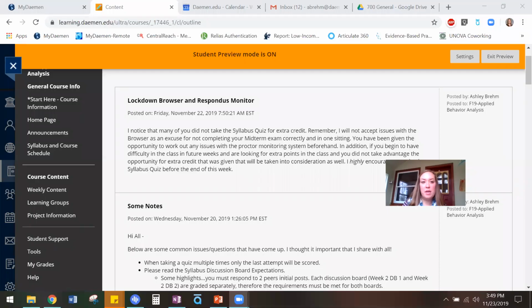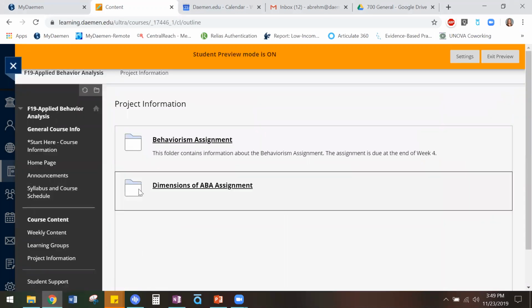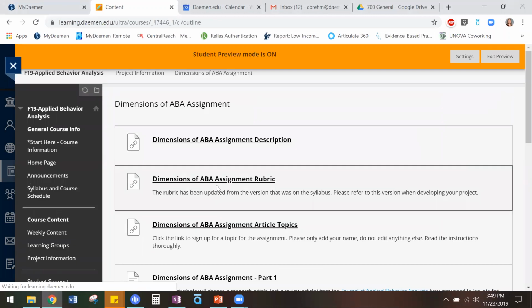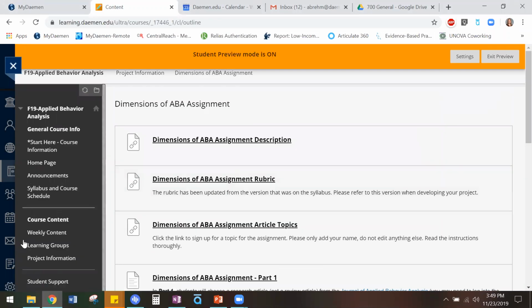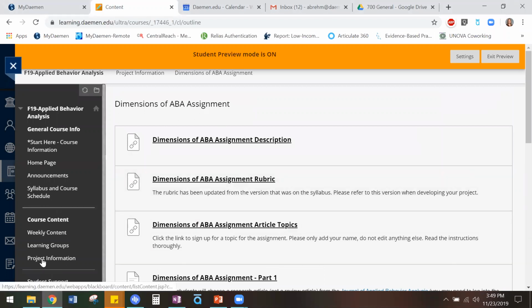Hi everyone, I am going to provide a review of your ABA Dimensions assignment. I'm going to share my computer screen, and if you are in Blackboard, you will be able to see the assignment on the left-hand side here under Project Information, then the Dimensions of ABA assignment. This is linked into the weekly folders, but all the information is in this Project Information folder, Dimensions of ABA